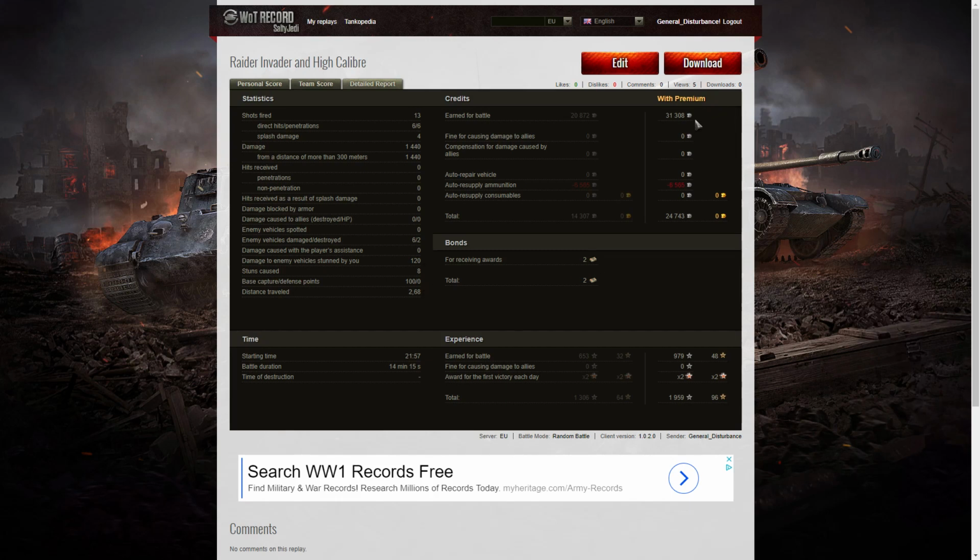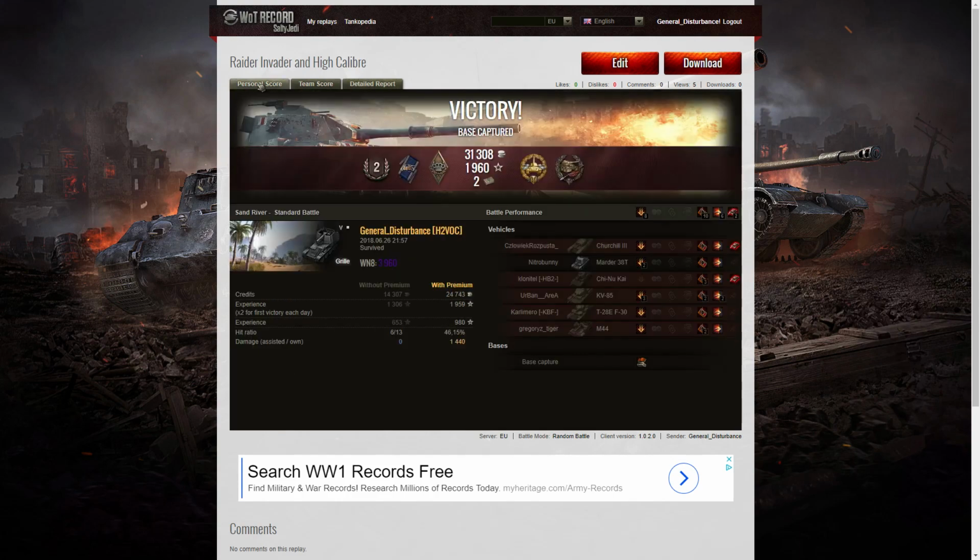On a premium account, I earned 31,308 credits. And after ammunition resupply, still had 24,743 credits. I received 2 bonds, one for the High Caliber, one for the Invader medal. I picked up 979 XP, times 2 for the first victory of the day, and also took away 1,959 experience points altogether. As I say, this battle actually took place while I was trying to platoon with Nicky Tak on